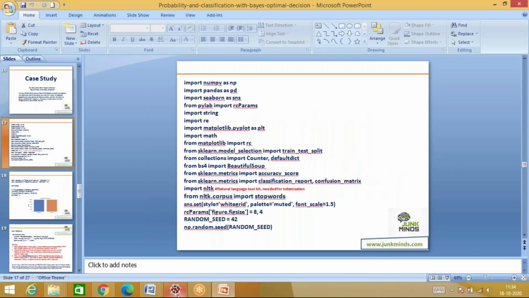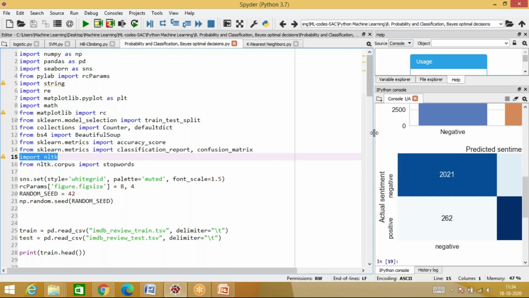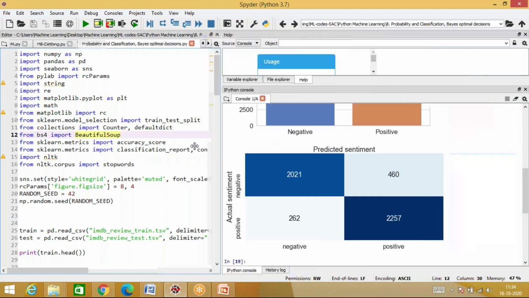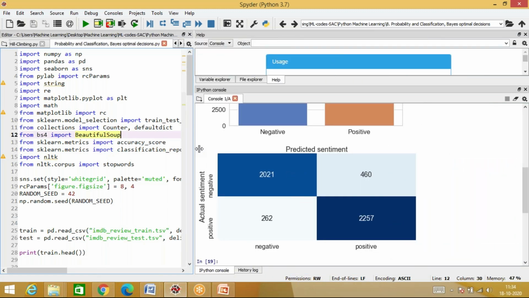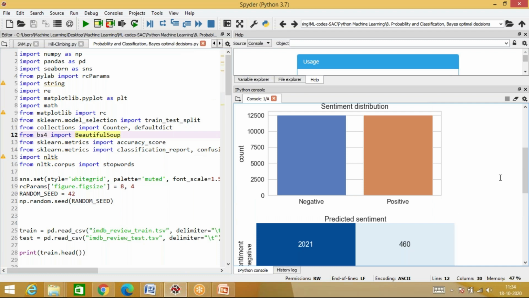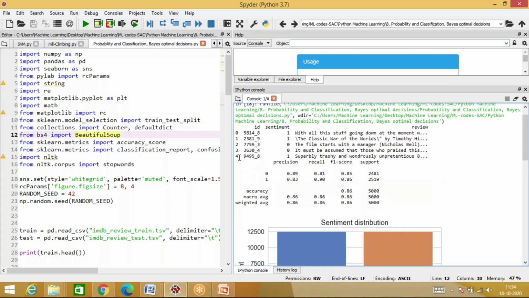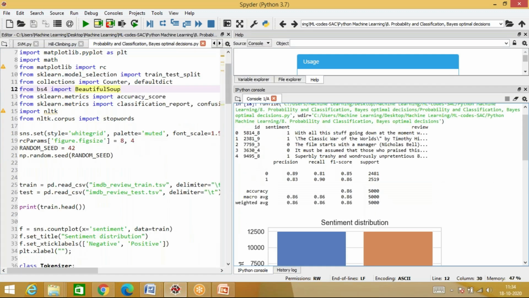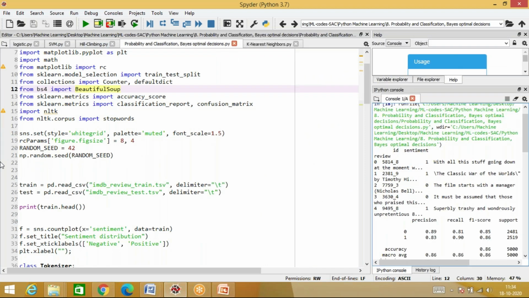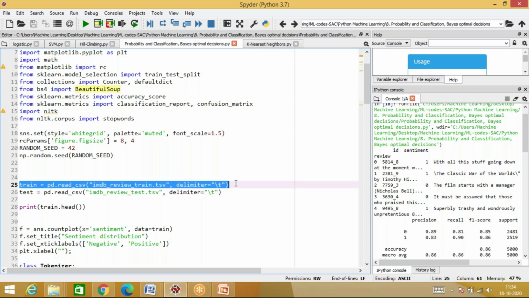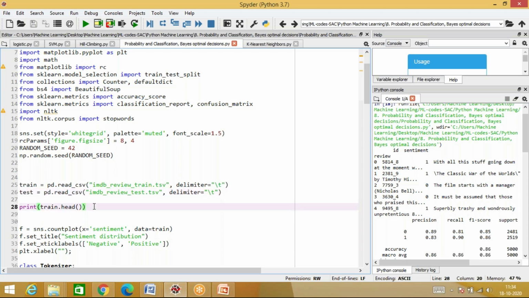Now, guys, I'll first demonstrate what this program is. This program will also take a little bit of time to process because there is a lot of data that we are working with, and we need to apply Bayes theorem, so it takes a little bit of time for that as well. Now, just look at this initial part. See, first I'll open this particular file as always, pd.read_csv. I'm reading imdb review train and imdb review test. That is what we've got, and train.head.